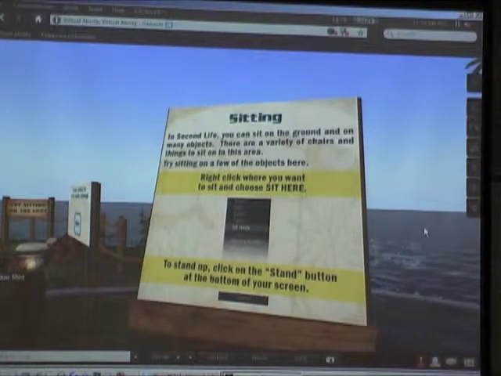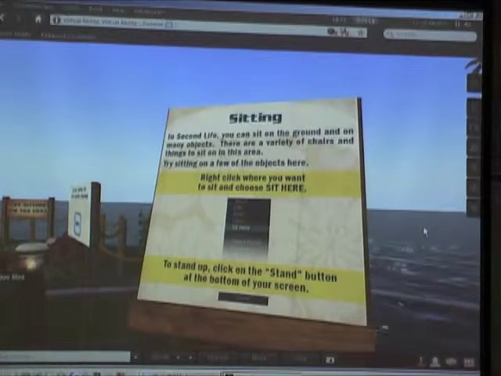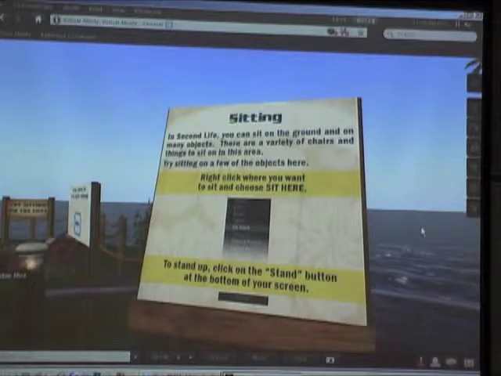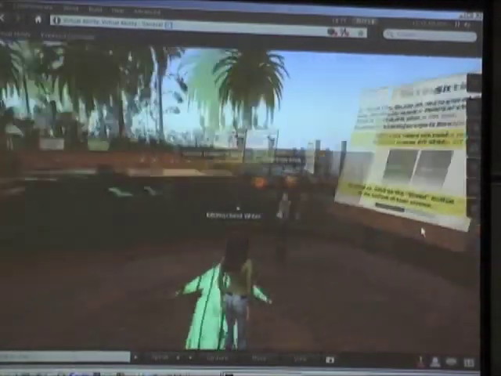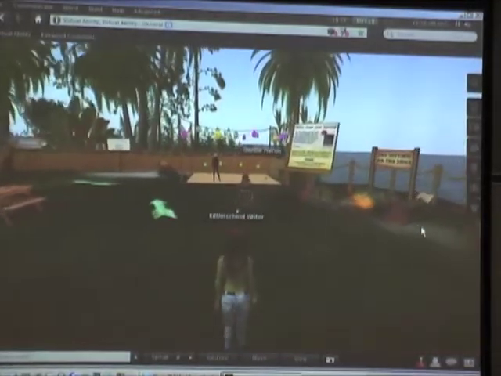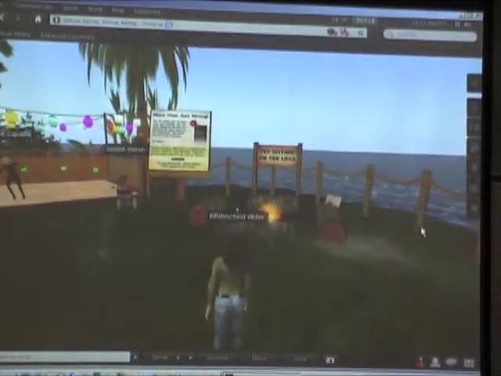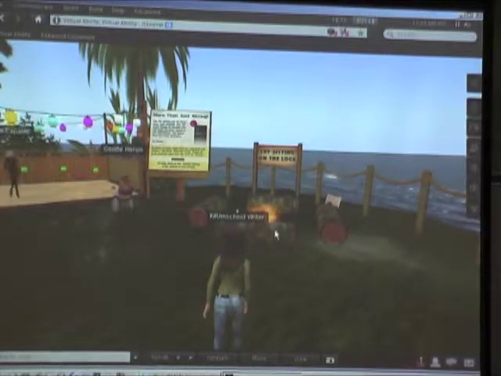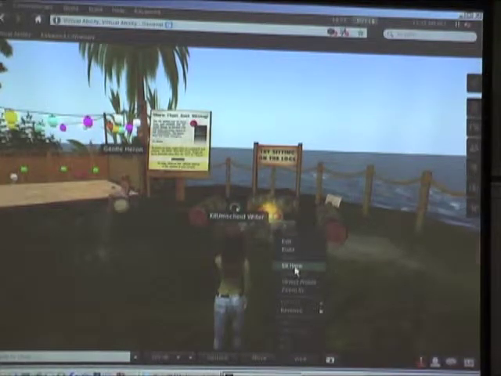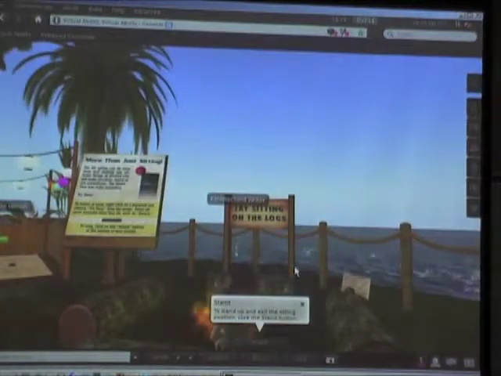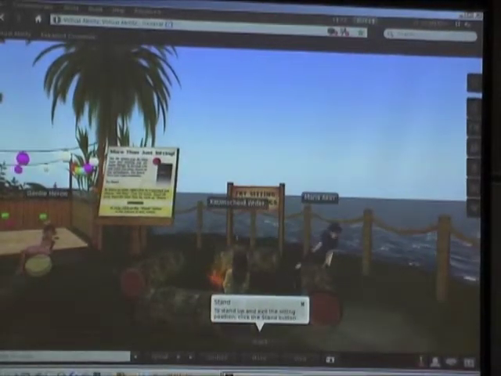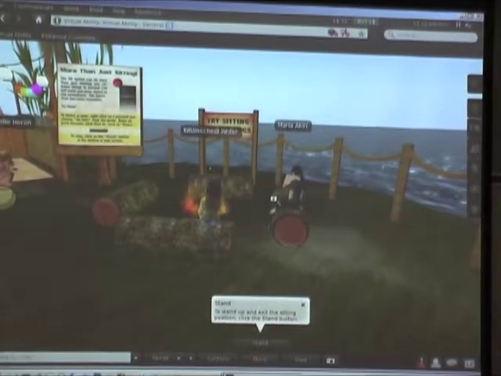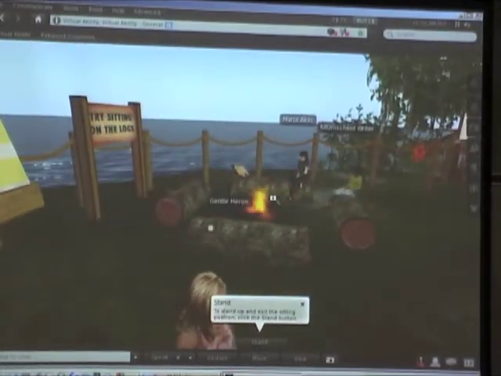So we actually put a lot of different ways to sit here, and actually, learning to dance is also, you right click and sit. We just wanted to make sure that people knew what they might be more likely to find when they went out into Second Life rather than just a single chair.